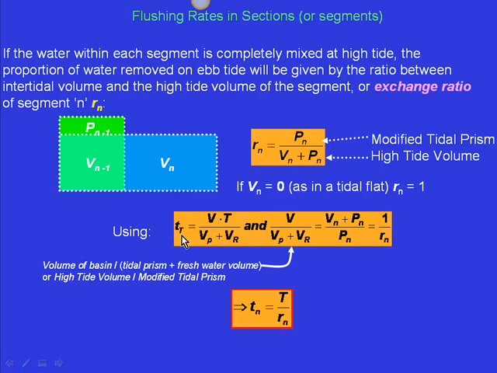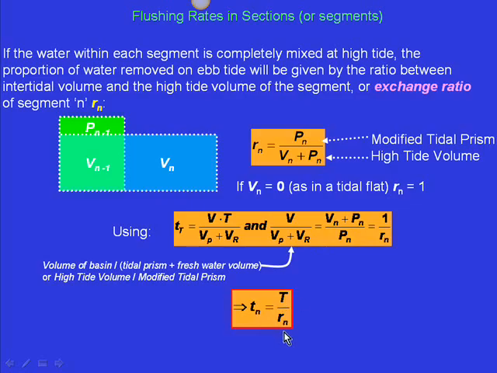So T sub n equals capital T over Rn, right? Because this whole thing, V over Vp plus Vr equals 1 over Rn, as we see here. V over Vp plus Vr equals 1 over Rn. So again, we can calculate the residence time at each one of the segments with the tidal period and the